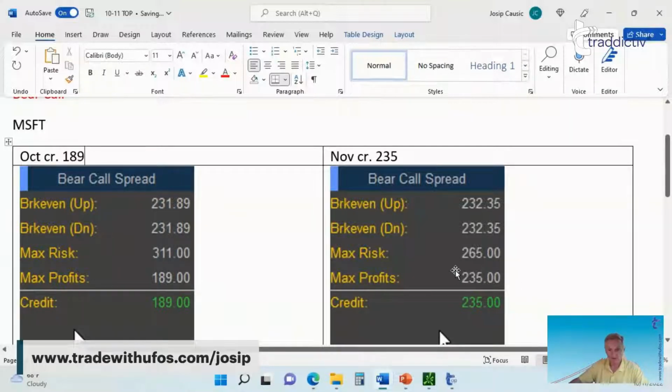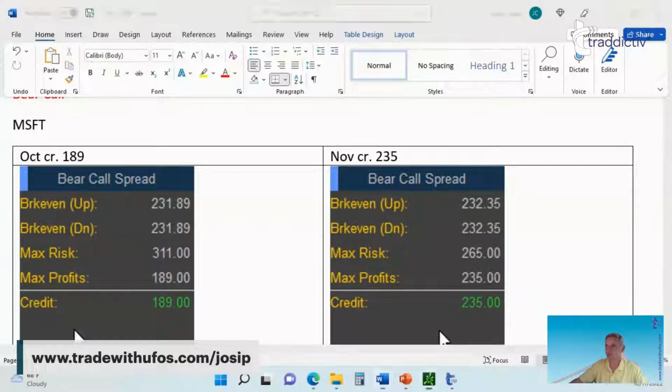Well, in that case, you would say, oh, but my maximum risk of 265 is lesser. Yes, but you have this event, a midterm election coming up, that might cause the volatility to either drop or do anything else. So I feel more comfortable placing the trade on the 135. So let me now go quickly and execute this trade here on